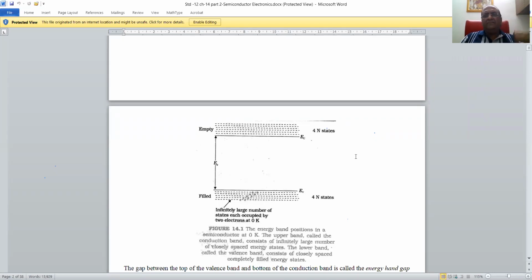Okay, now silicon and germanium, that is tetravalent substances. It implies that in outermost orbit, 4 valence electrons are there. Electronic configuration, that is 1s2, 2s2, 2p6, 3s2, 3p2. It implies that for this outermost